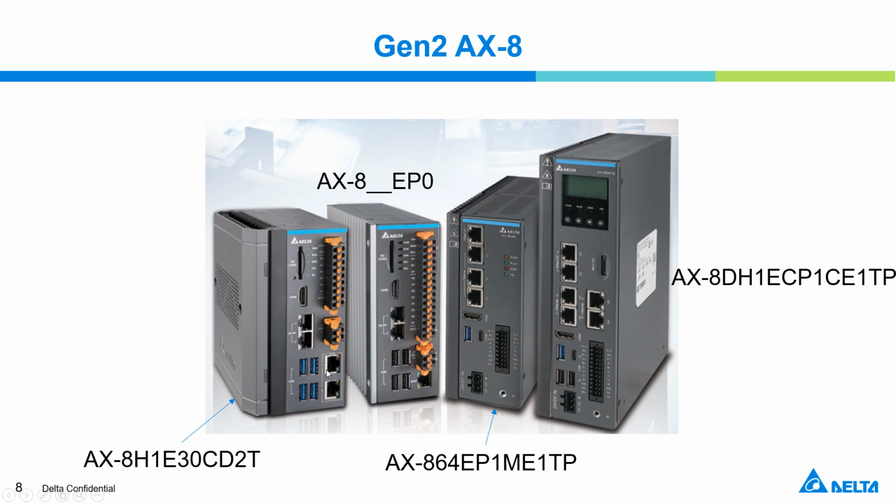This one is the Core i3, so the performance is very high, and it can support high-speed calculation and high-accuracy control. You can see that generation 2 totally has three. The first one is the left side, and this is the AX8. This one is also generation 2,